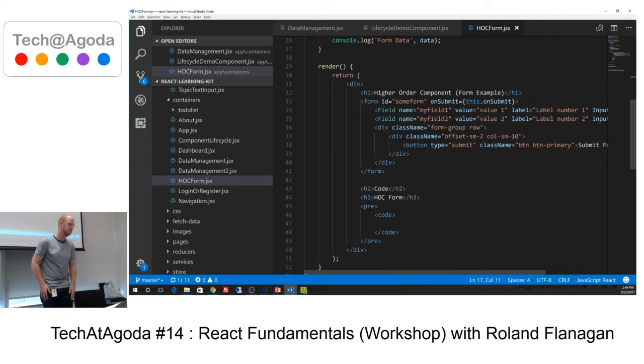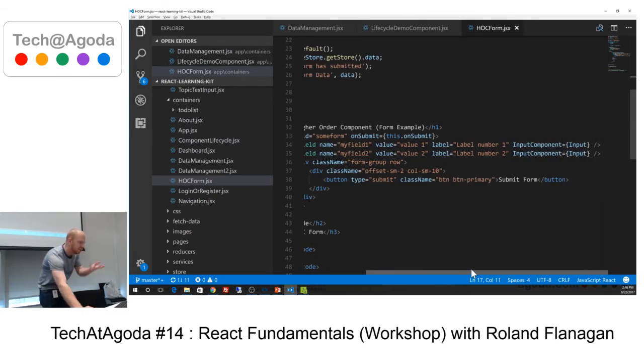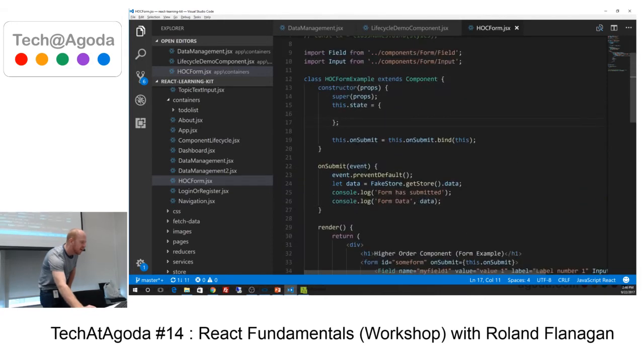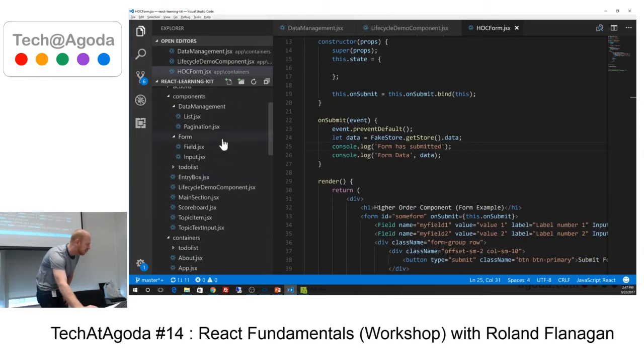You can see here a very, very basic example, so please forgive me, that I have these field objects that I've just put in that are wrapped in here, and all I'm doing is making a very basic way of passing these fields through an input component, and I'm using a fake store to pick up data going around the loop. And what happens in my actual input component